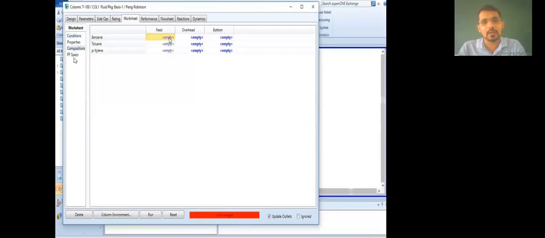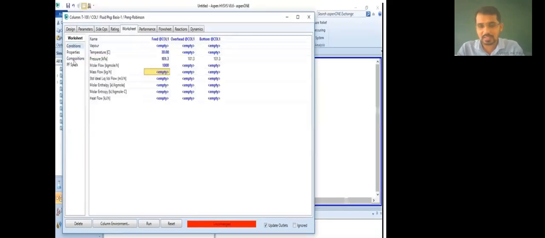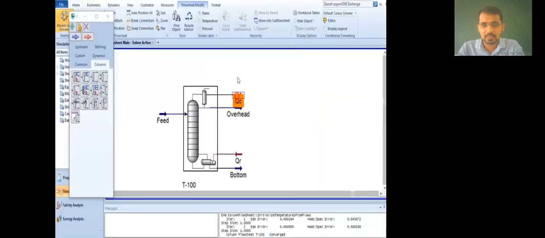After that, you have to put your compositions. Compositions means the feed composition. You know the feed compositions, because whatever feed you are going to enter, you should know the composition for that feed. But what is the role of this software? It is calculating the outlet stream data. Suppose this is a distillation column. We are entering here the feed, and there are some outlet streams, suppose overhead, bottom, like this.